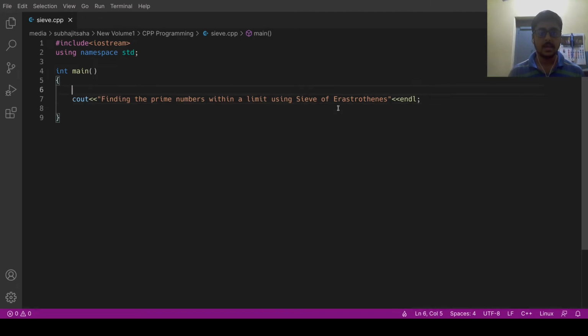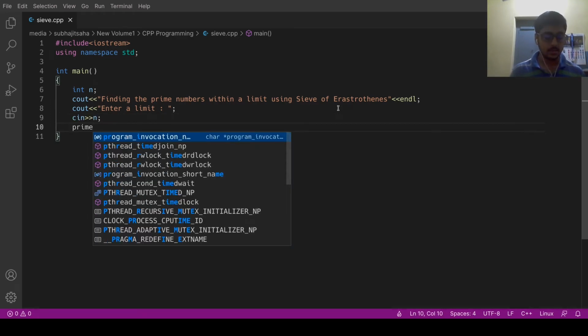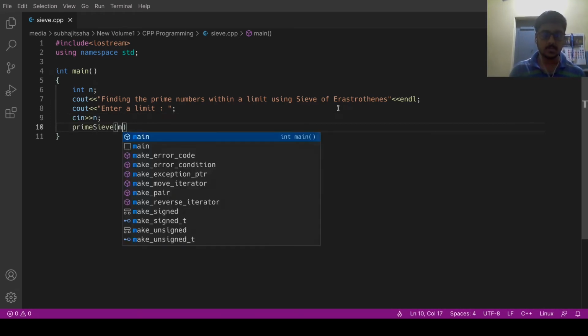So next I'll be taking an input from the user, which is the user limit. So cout, enter a limit, okay, semicolon, cin n. So I take the number as the input and I pass that input to a function primeSieve.